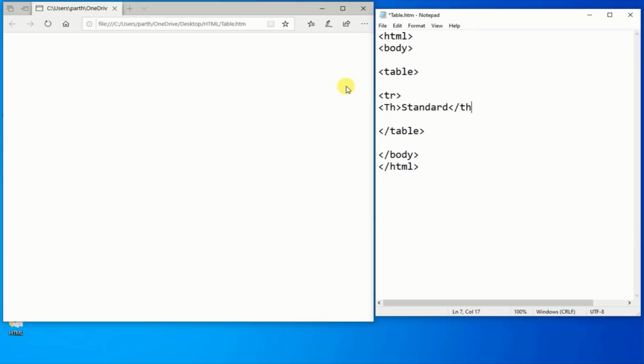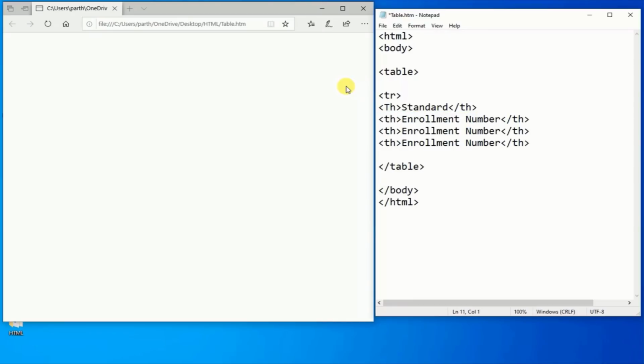After that, we close our th tag. Similarly, we have created the rest of the headings like enrollment number, number obtained for subject 1, number obtained for subject 2 and grade, all in separate th elements. After that, we close our tr tag. That indicates that our row is completed.